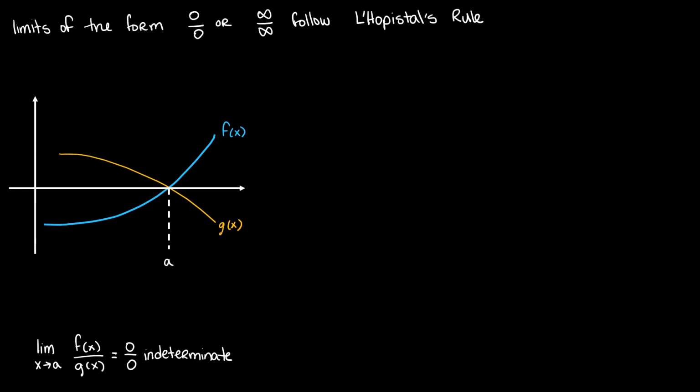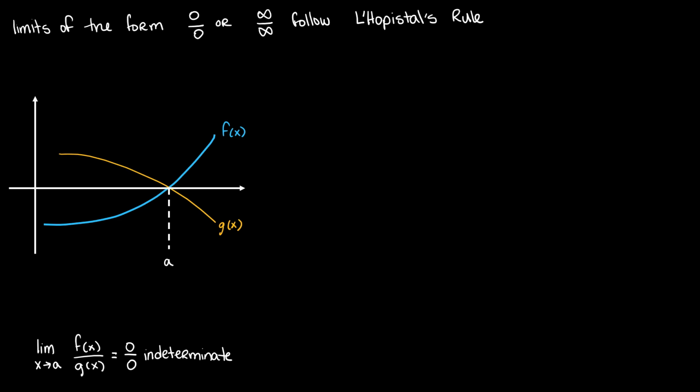We can use derivatives to help simplify the process of evaluating limits that take on the indeterminate form. Recall that if we are trying to evaluate a limit that produces a 0 over 0 situation, we typically use algebra or other kinds of algebraic manipulation tricks to put the function into a form we can determine the value of the limit for. 0 over 0 or infinity over infinity, these are both indeterminate forms that we can't make